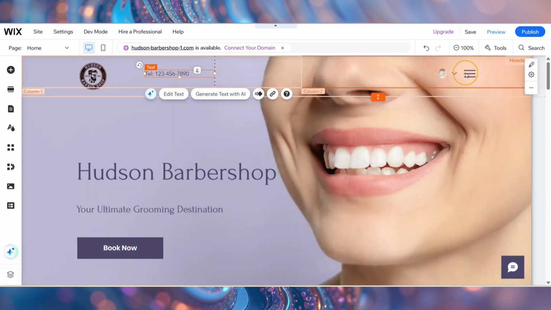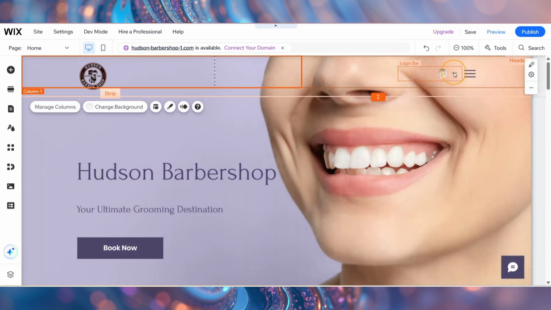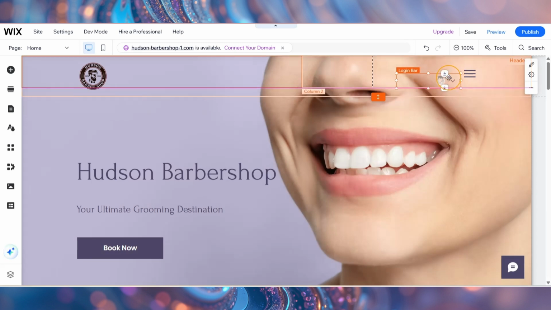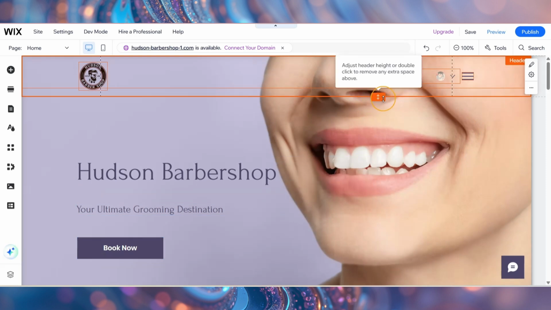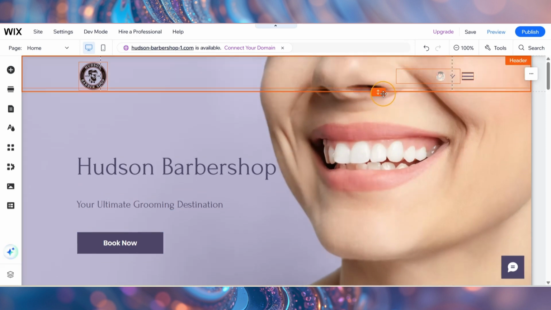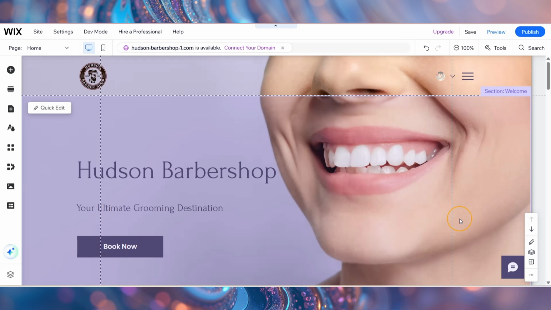Sometimes you're going to need to rearrange your elements on your header or delete those that you don't need, like I'm going to do with this one. Just make sure that your elements are properly aligned to have a clean look. If you'd like to adjust your header's height, you can also do so. There we go. But to make our logo even more functional, we are going to link it to our homepage